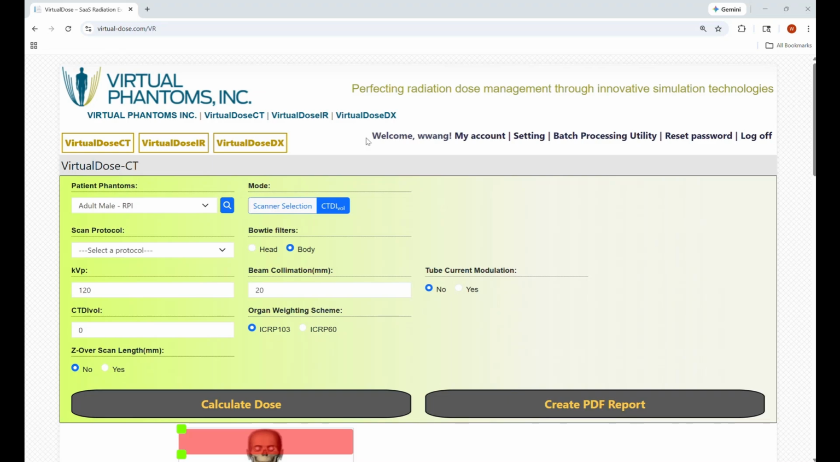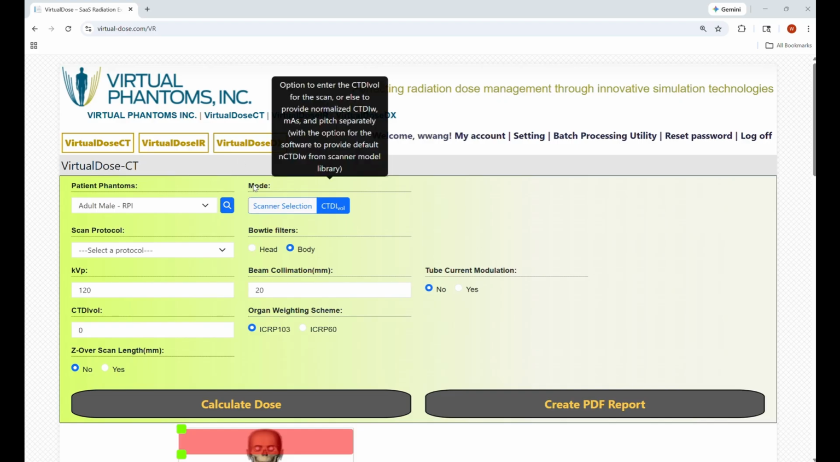Here is a brief overview of VirtualDoseCT, a flexible, accurate solution to generating patient organ dose for computed tomography. After successful login, the main web-based interface will be displayed. There are several input parameters that are entered from the main interface. Note that if you place the mouse on top of the parameters, a brief explanation will pop up on the